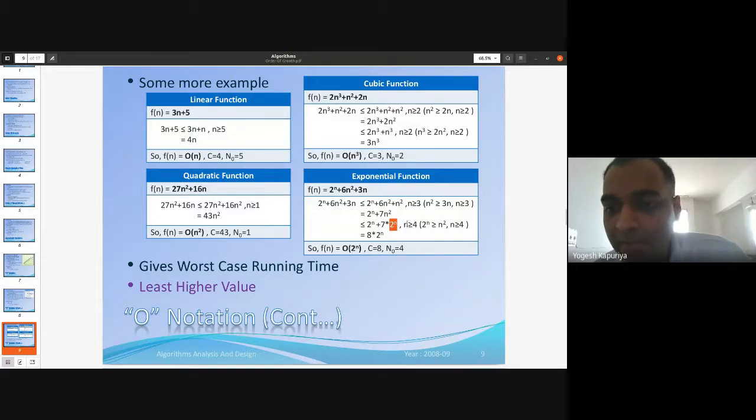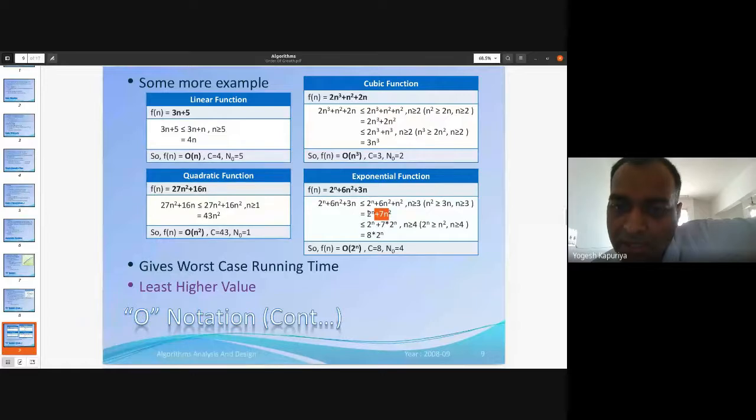That's fine. But when you take the value of n as 3, then it becomes 3 squared, so that is 9, and 2 raised to 3 is 8. Now 9 is not less than 8, so now this term has become higher. Then you take 4, this is 16, this is also 16. When you take 5, this is 25, 2 raised to 5 is 32. Now for any value of n, this is always going to be the higher order term compared to this.